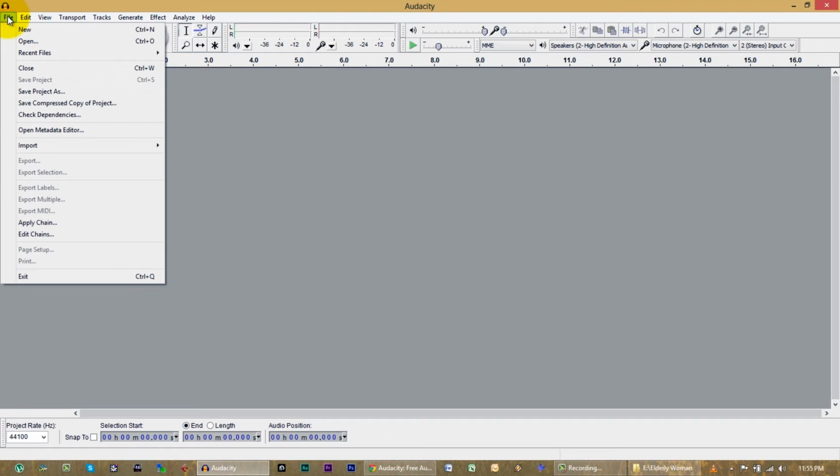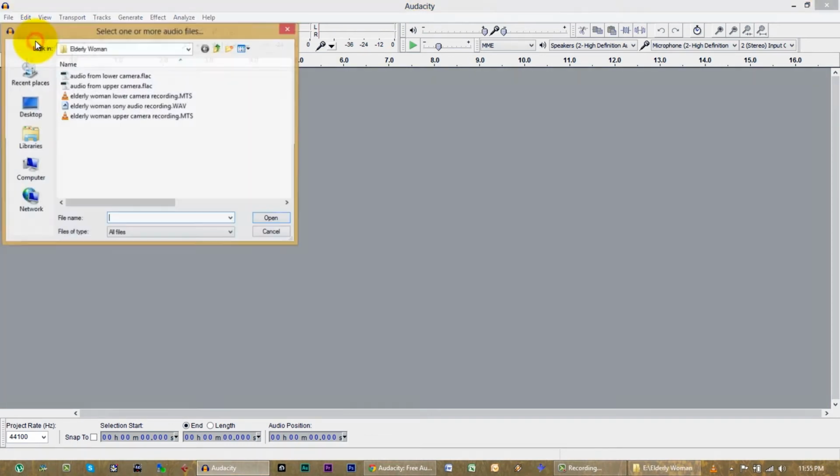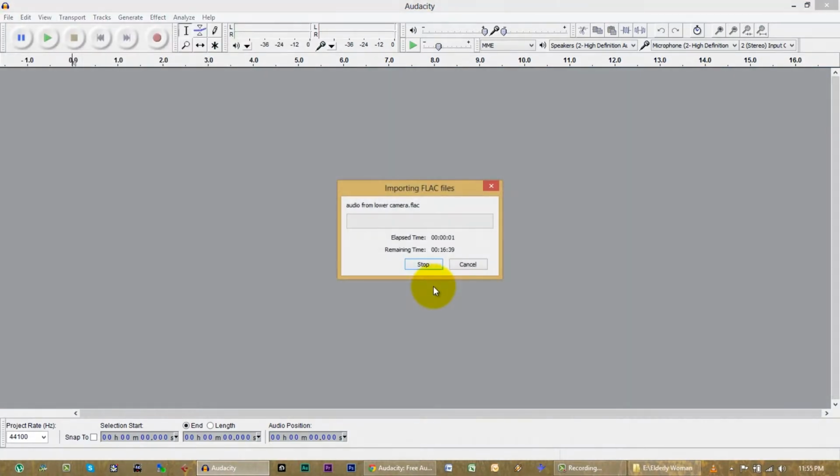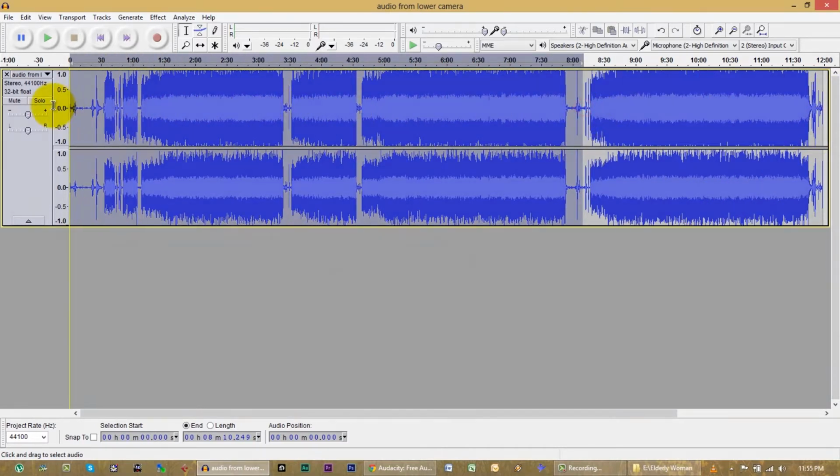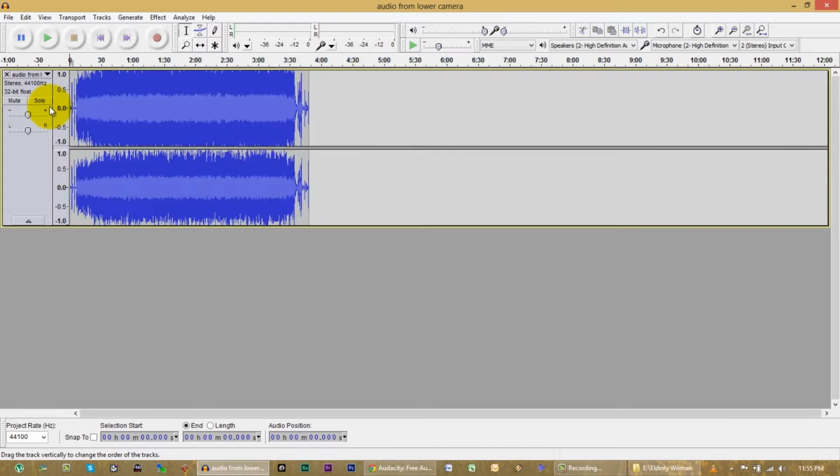Now let's go in and open those two FLAC files. Let's start with the lower camera. Open it. Okay, there it is. Now this section of audio here at the end is actually the only part that I want. So I'm going to highlight this part. I'm going to delete it. And then that leaves me just the section that I do want.